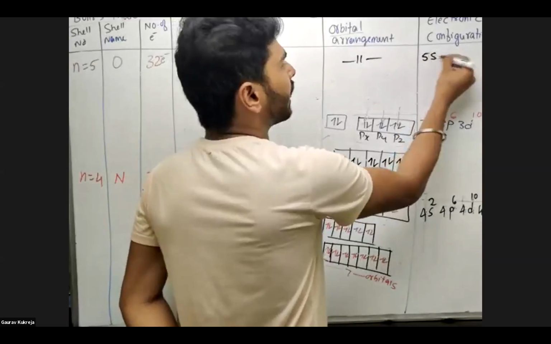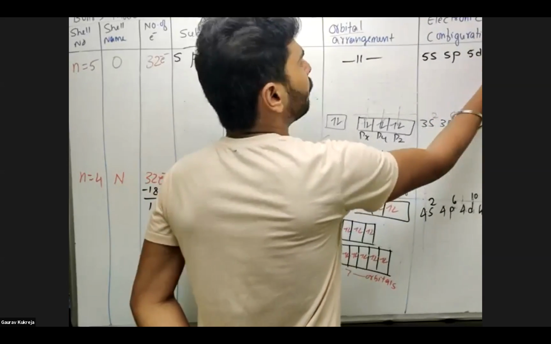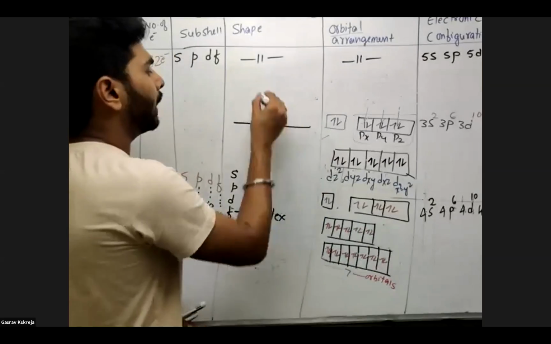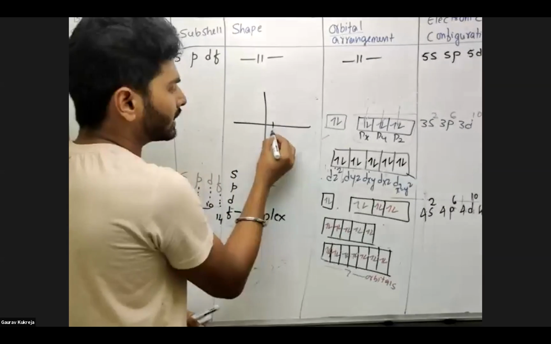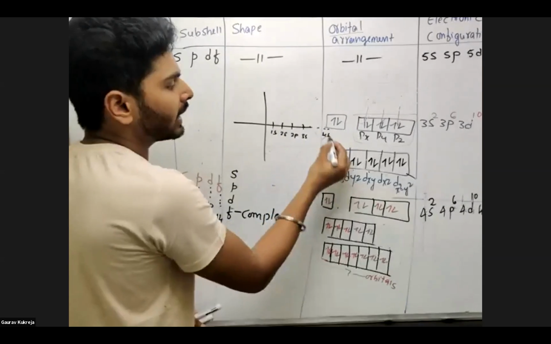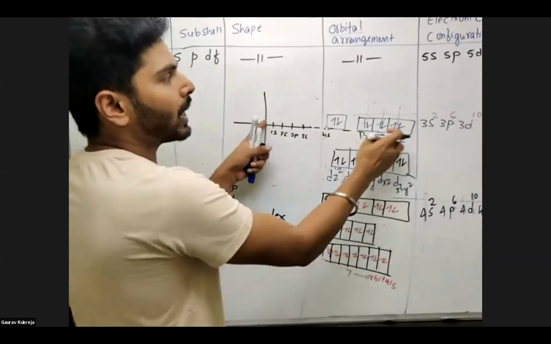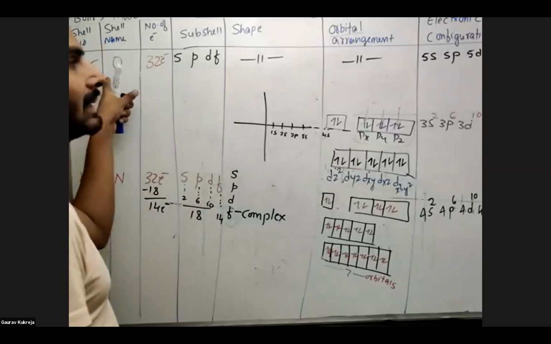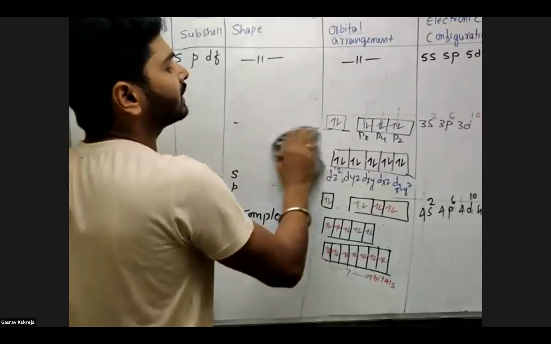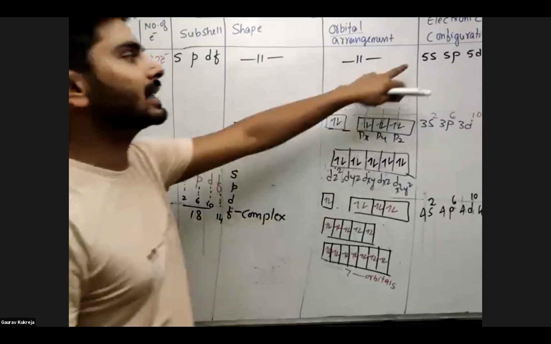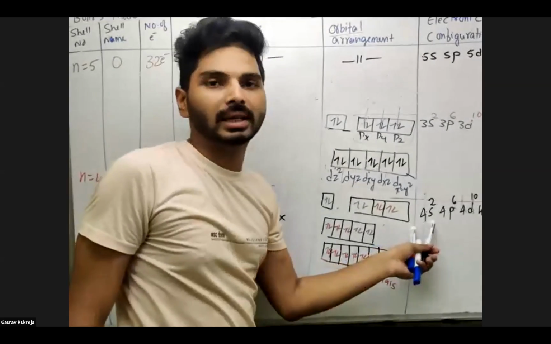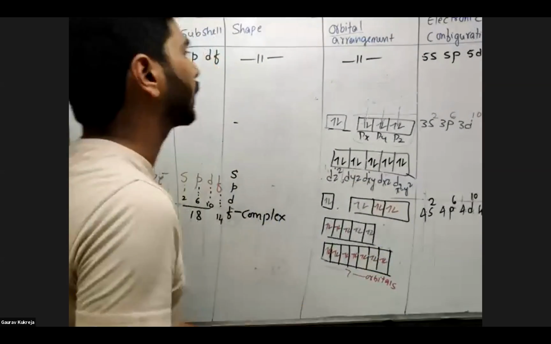But the only thing which will change here is the shell number, because the difference between 4s and 5s is the distance. मतलब मैं यहाँ पे कोऑर्डिनेट बताओ, देखो 1s यहाँ पे आएगा, 2s 2p 3s, ऐसा जाते जाते 4s यहीं कहीं आ जाएगा, 5s थोड़ा और लंबा हो जाएगा, radius-wise it will be a bigger distance. So that's why we consider the fifth shell. Shape-wise there is no difference, orbital arrangement-wise there is no difference, only the difference is the distance from the nucleus. Fifth shell means now they are a little far away from the nucleus, 4s से ज्यादा distance में है.